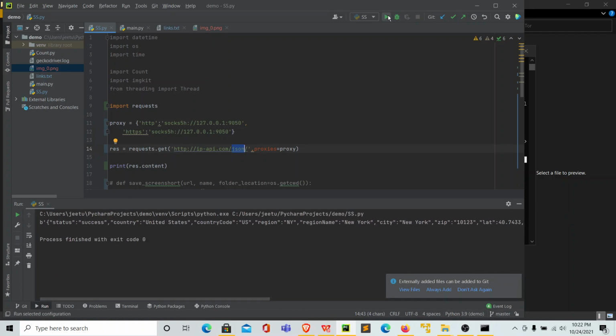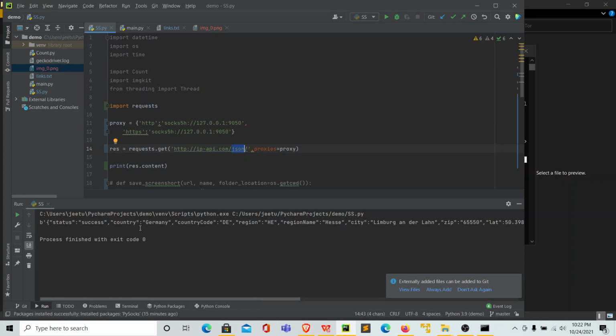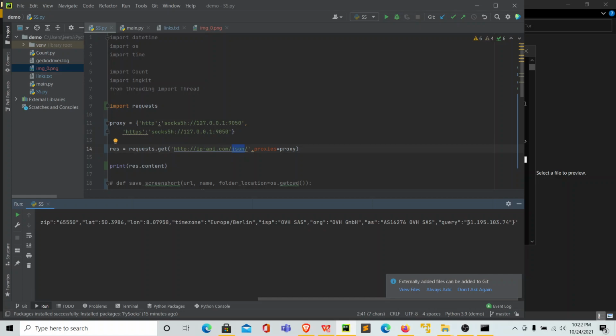Let me rerun this program. My exit node is in Germany, and this query is my external IP address.